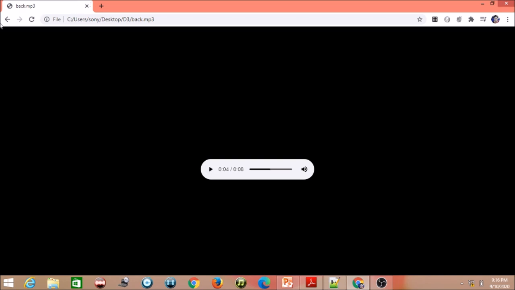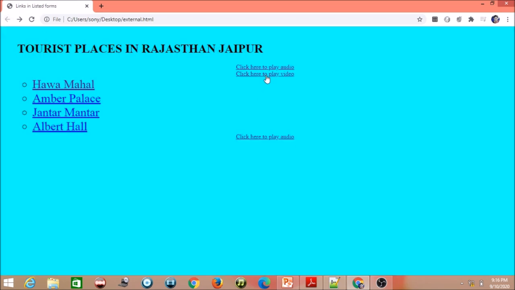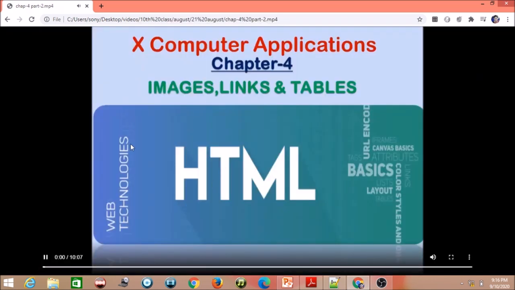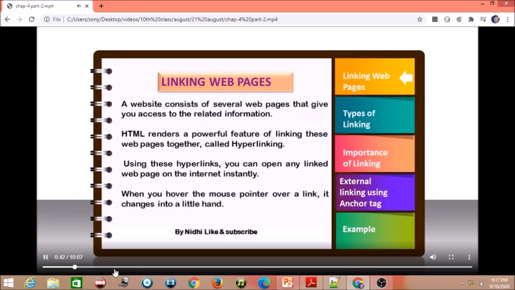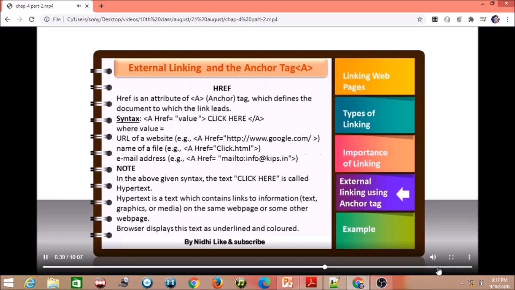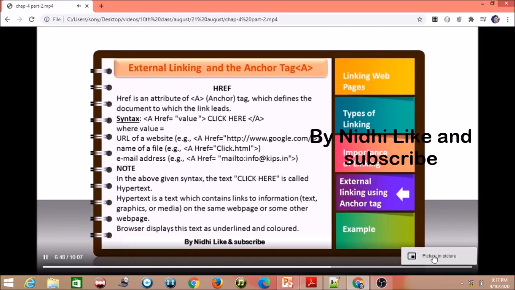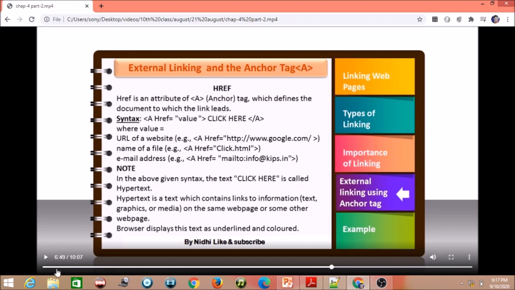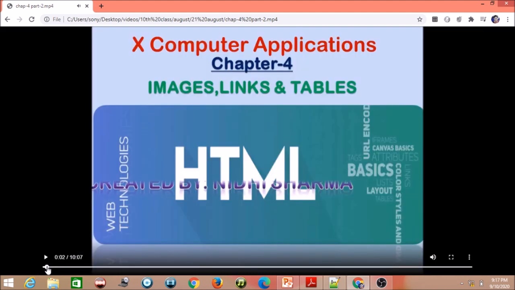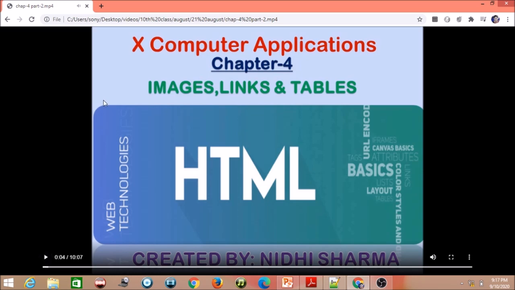And now I am showing you the video, how I have inserted video. So click here to play the video. When you click on the external link, the web page appears. Then value means source, so it can be a URL of a website, that is, the address of a website. Second is name. Okay, so like this you can insert a video also. This is my video. So the name of a file, we can play it from the start. So this is a video file. Okay, like this you can also insert audio and video. This is the practical demonstration of this.